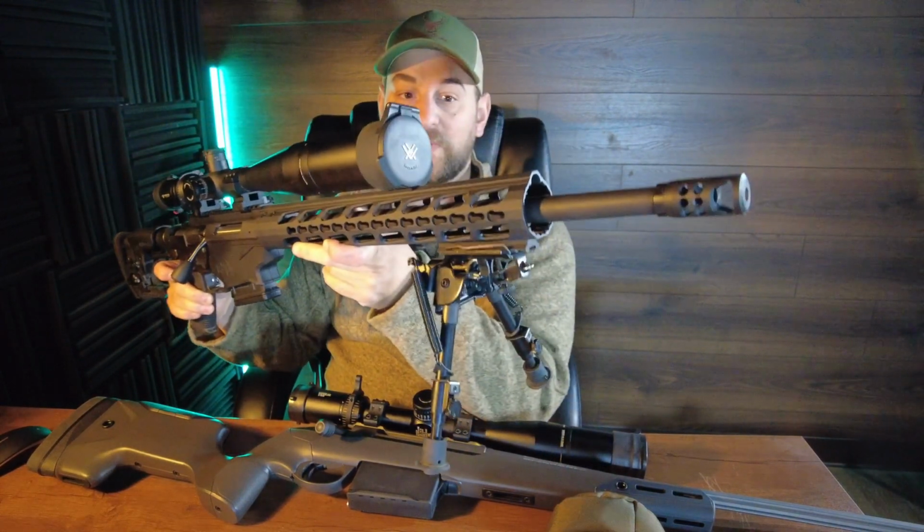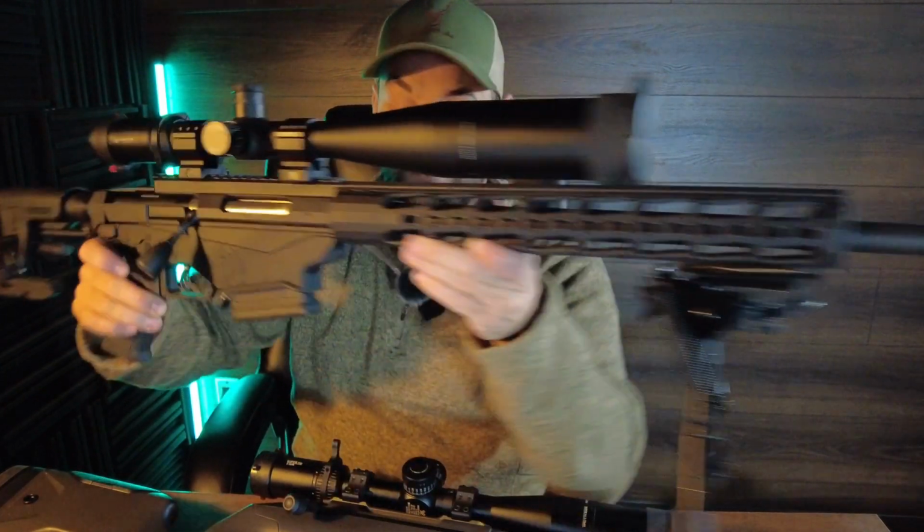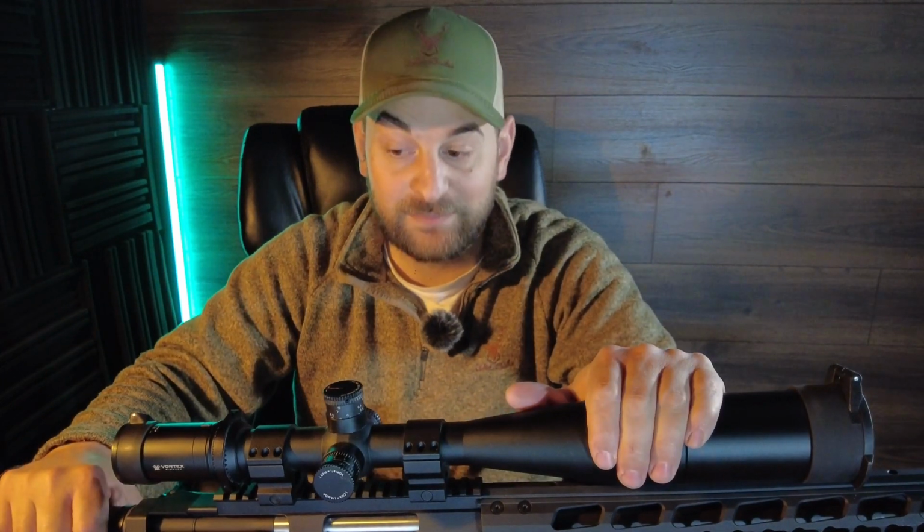Barrel is fully free-floated, cold hammer forged, and it has 5R rifling. It does come threaded 5/8 by 24, and it does include a muzzle brake. Now in 300 Win Mag, this rifle comes in at a weight of 15.2 pounds, so it's way heavier than